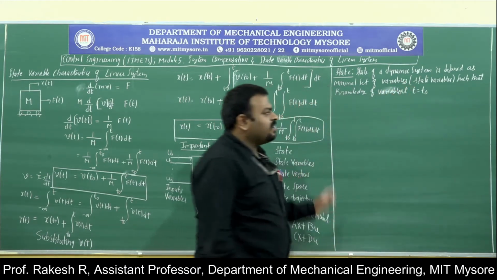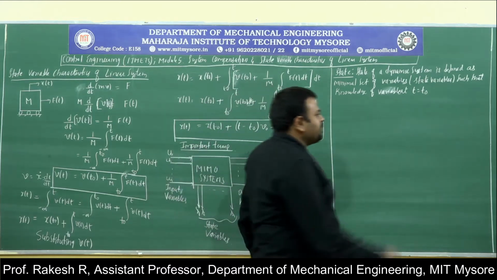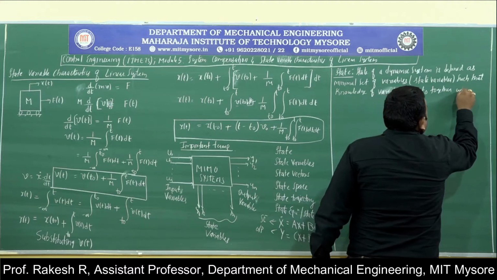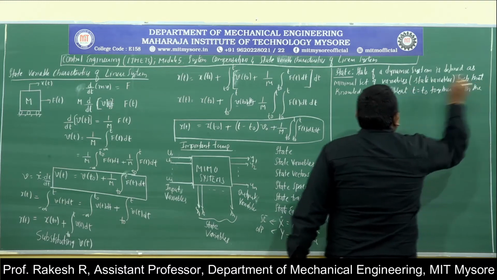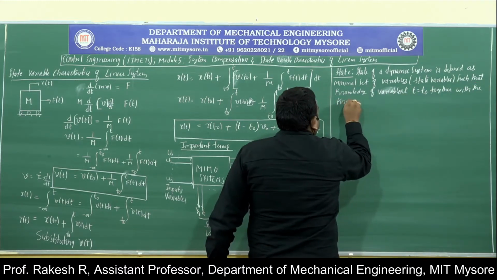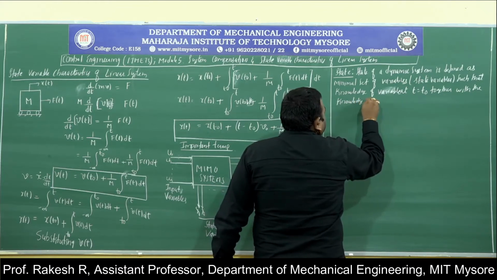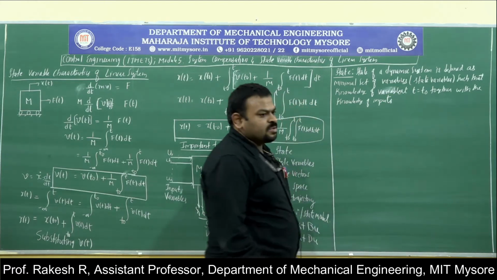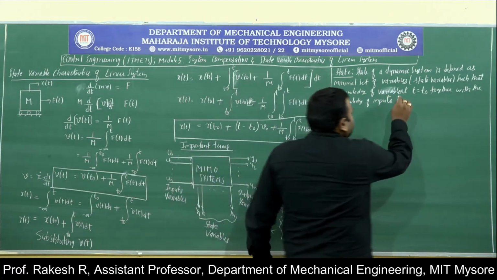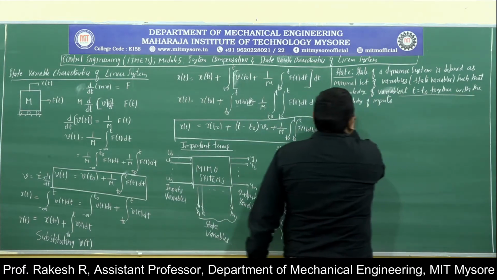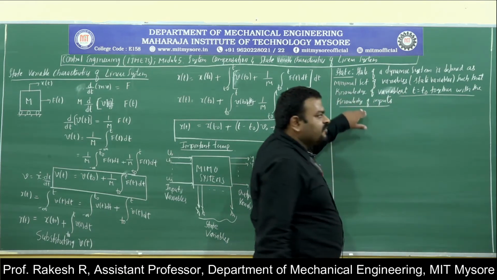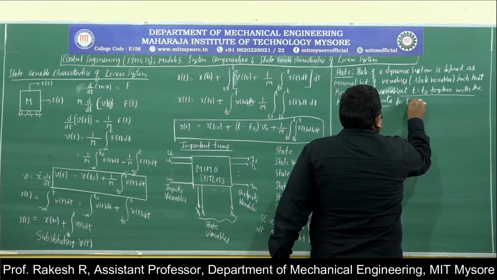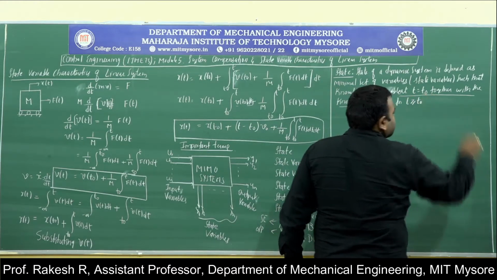Knowledge of the variable at t is equal to t naught, together with the knowledge of inputs. So, we will be determining the time interval at t is equal to 0 for the corresponding input for t greater than or equal to 0,